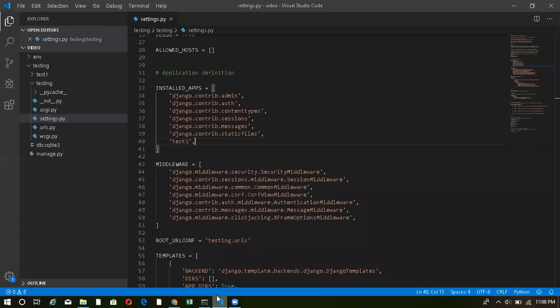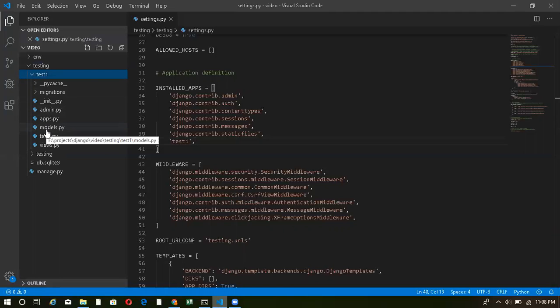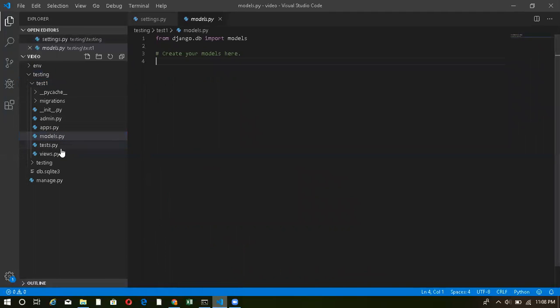Now what I have to do is brief you on what all these files actually mean. Basically, inside my app, the main files are models.py. Models.py is basically used for linking between my Django and my database. It's basically used for creating tables inside my database, and the link to that database will be given inside my settings.py.